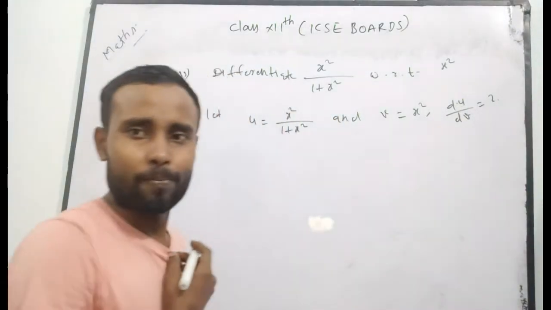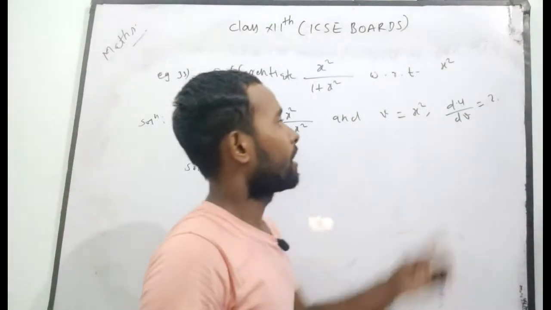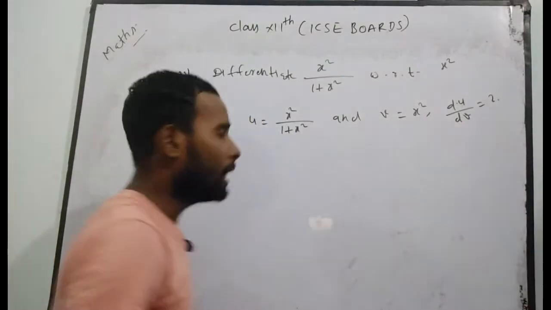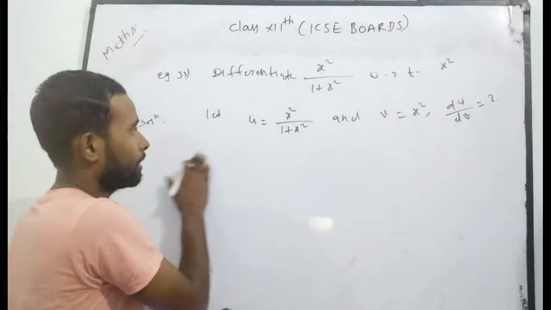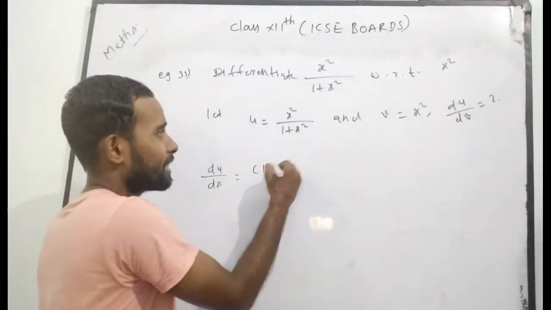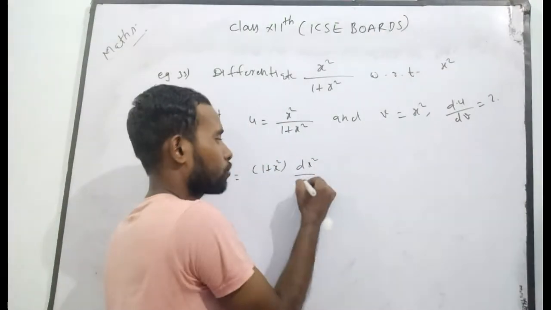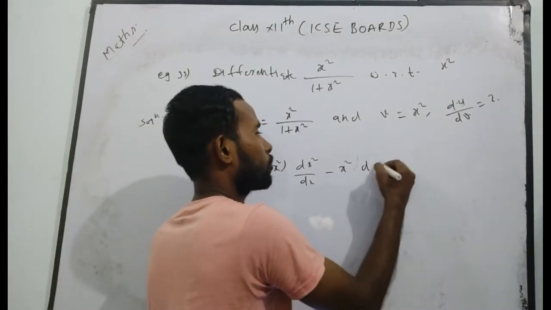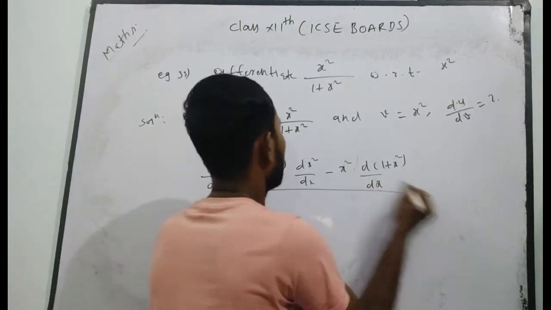Now I will suggest here, first of all, in order to find du/dv, as you know, use the parametric function format. du/dx will be, firstly it is in quotient form, so the denominator 1 plus x square outer side, and differentiate x square with respect to x, minus x square, take outer and differentiate 1 plus x square with respect to x, divided by what?